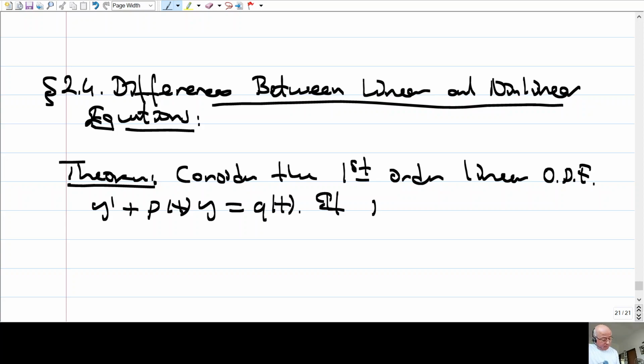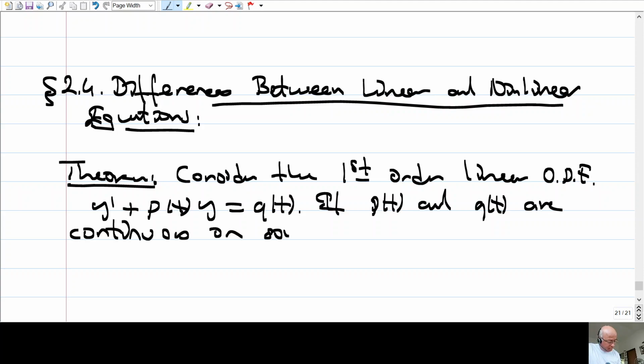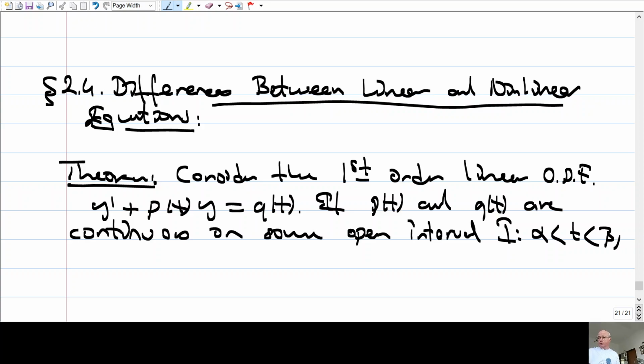If p(t) and q(t) are continuous on some open interval I, which is given like this, let's say alpha beta interval containing a point t0, then